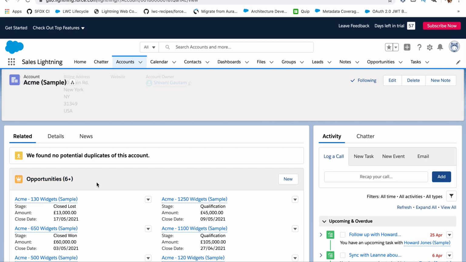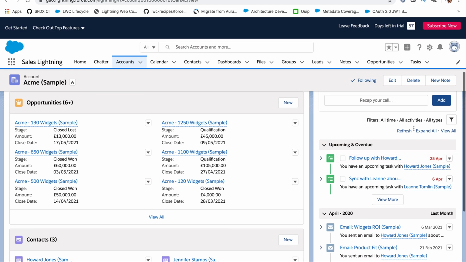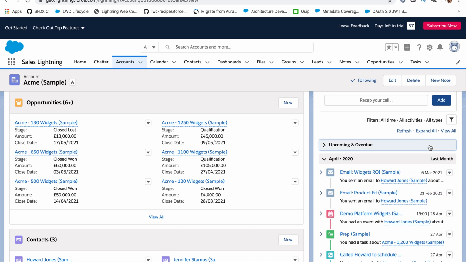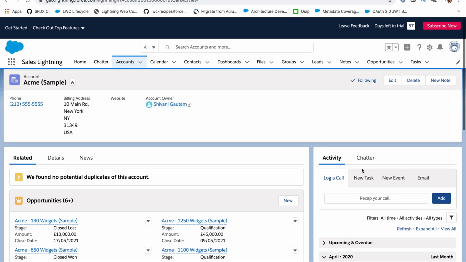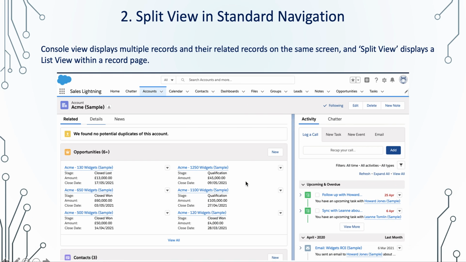earlier you could already see the related list, but here you can see all the tasks and everything from here itself. If you want to change anything on a task, or delete it, you can do so from here. All the upcoming and overdue tasks and other things you can easily see from here. So this is the new split view that will be available in your orgs after Summer 20 is live. That's one good thing that I found out.